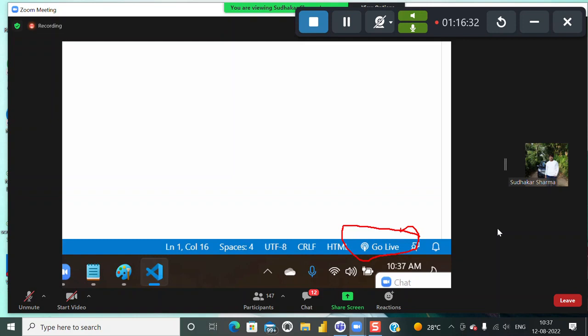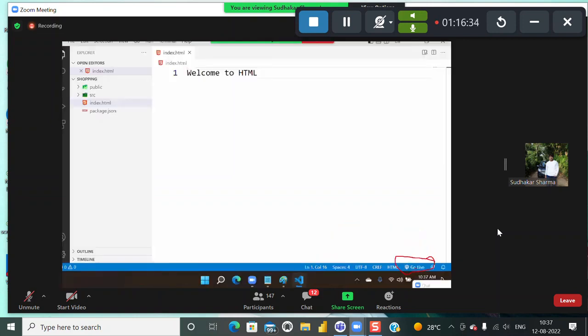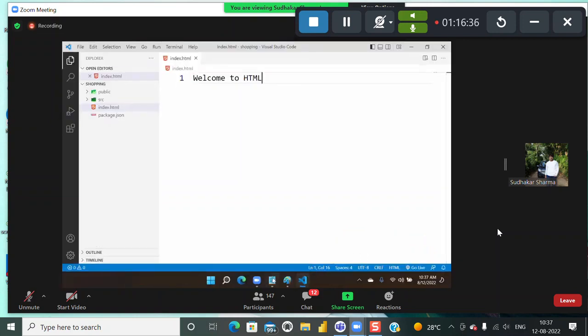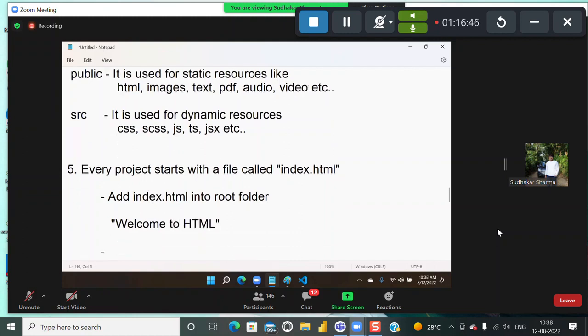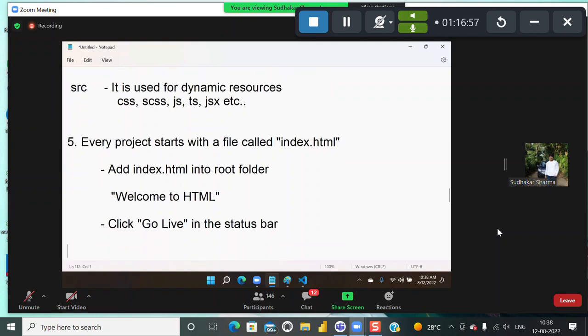Am I right? There is a go live option. As I told you yesterday, if you remember, after index.html, we type something inside it: "welcome to HTML." After that, what you have to do is click go live in the status bar. Actually, your project will start here,